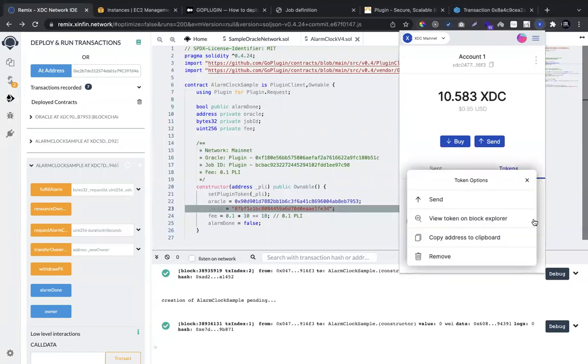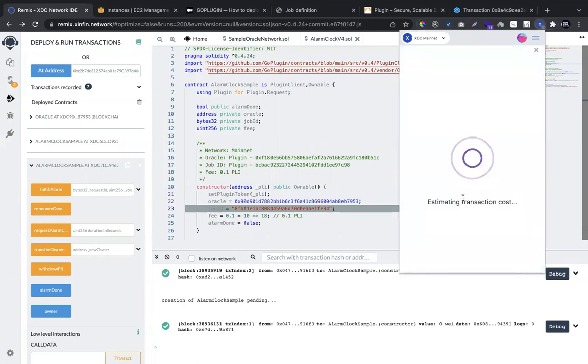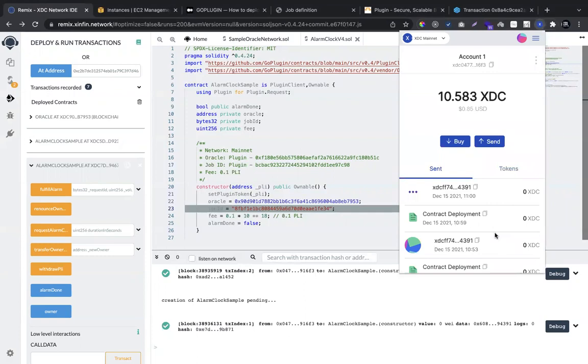Just go here and click send, paste your contract address, and then the transfer amount. I am transferring 0.3, though the transaction fee is 0.1. Just submit, wait for a few seconds, and the transaction should go through.